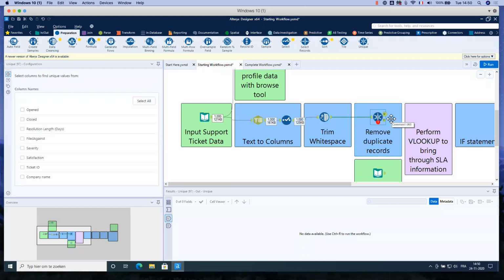So I click, and then I need to choose which field I want to check for duplicates or not. So here I will select ticket ID, and I will run.